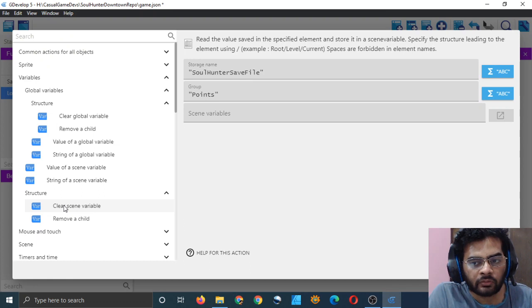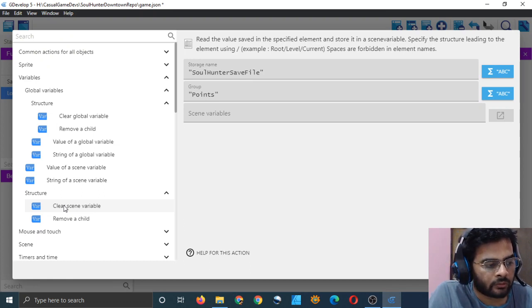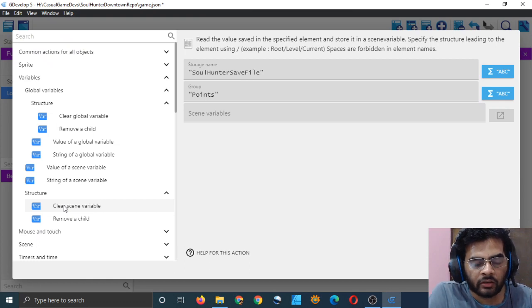Therefore, can we make a scene that runs for just a moment, loads the data, and puts it in global variables, and then starts the game? We can do that, right? We can create an empty scene that does the loading and puts the data in the global variables, and then start the game, start the main menu. I think we can do that.